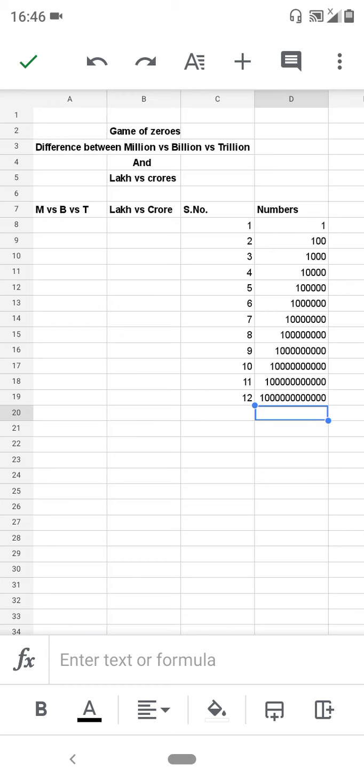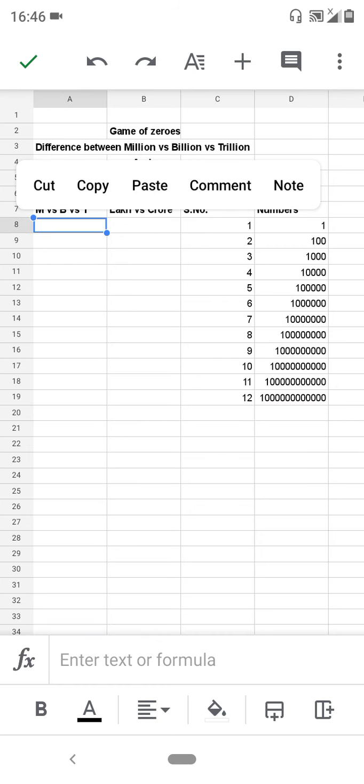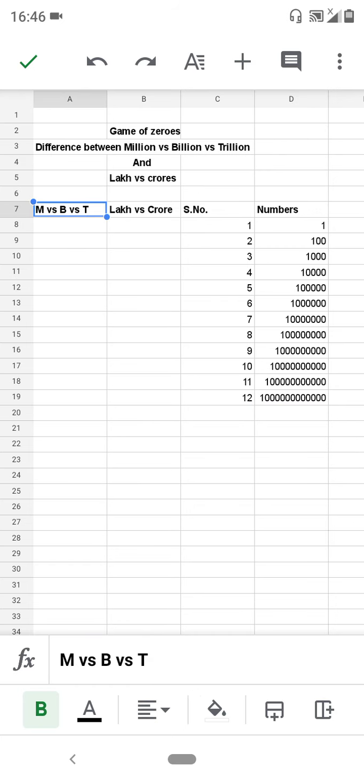I've created 4 columns: million versus billion versus trillion, lakh versus crore, serial number, and the numbers. Basically, these are the zeros that we will see. How many zeros do we have in million, billion, trillion, and lakh versus crore? So I've created a column of serial number from 1 to 12, and if you look at column D,